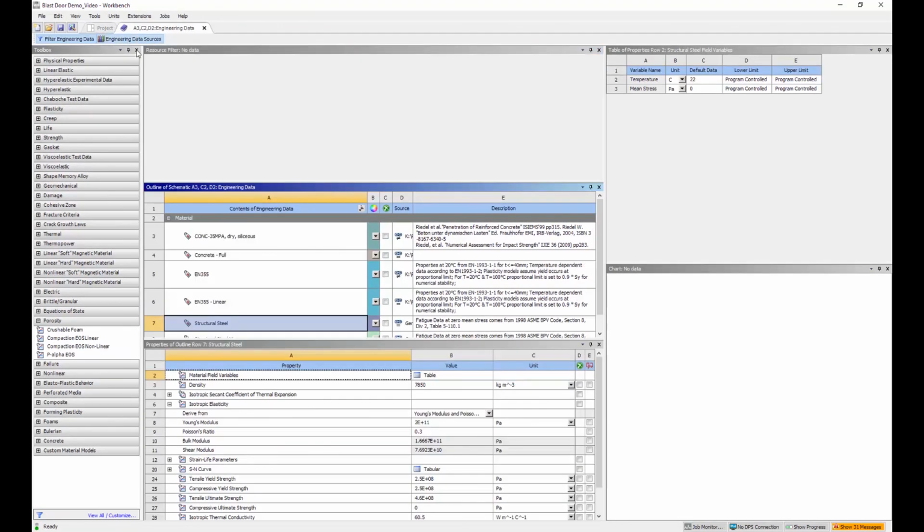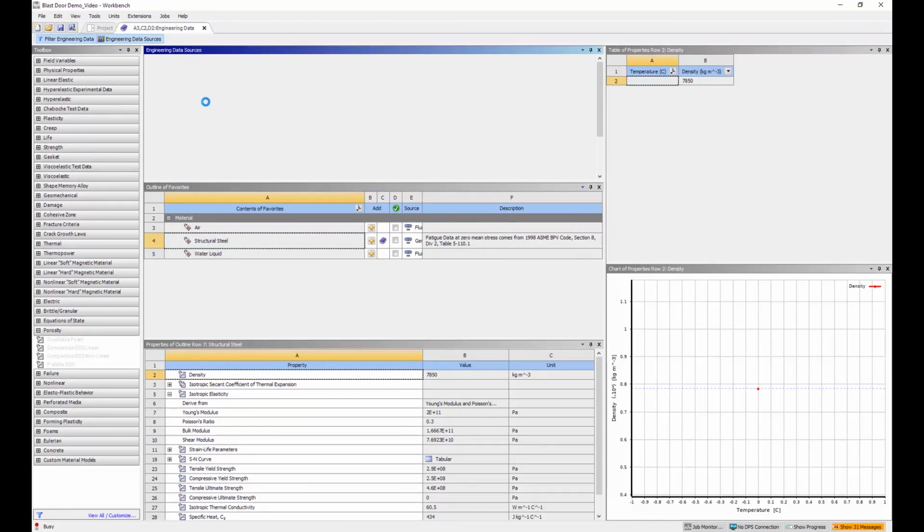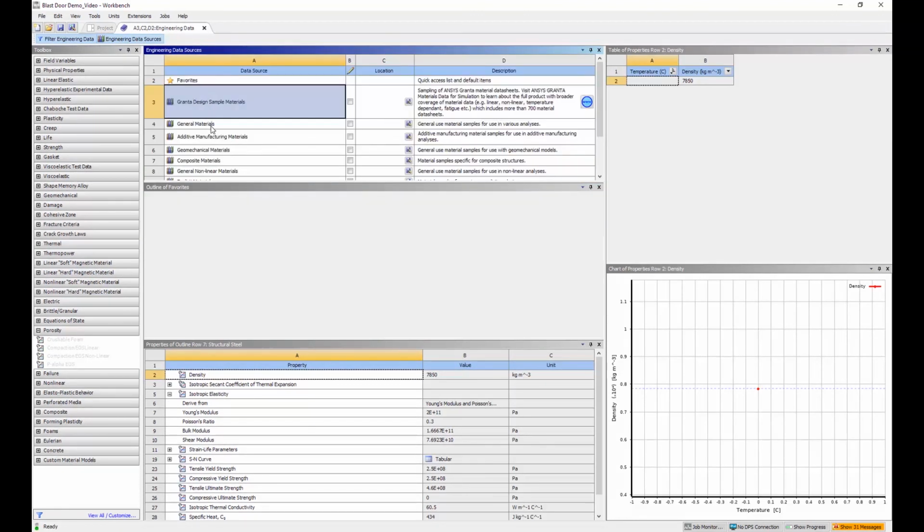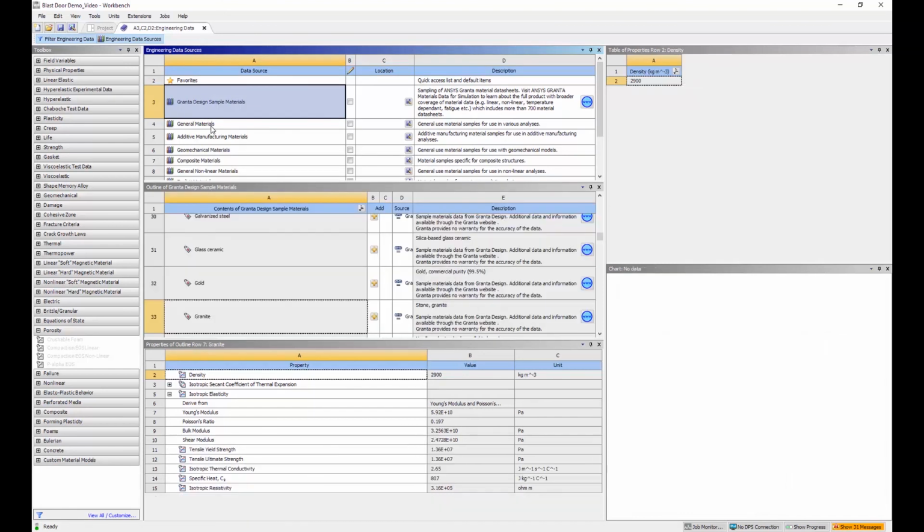A user can use all of this, and if you go to the engineering data, you'll see that there are some Granta sample materials already loaded in, as well as ANSYS has their own materials already loaded in. So the user has the option of using these sample materials, or either researching or using Granta as a standalone product. So the advantage with Granta is that the user doesn't have to spend a lot of time researching materials, because everything is readily available and connects directly to ANSYS.